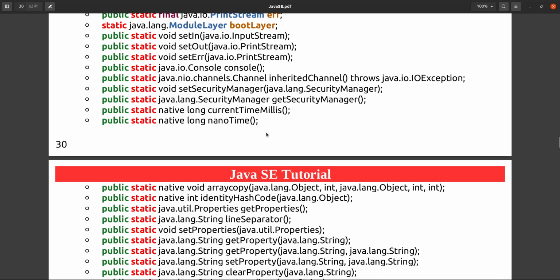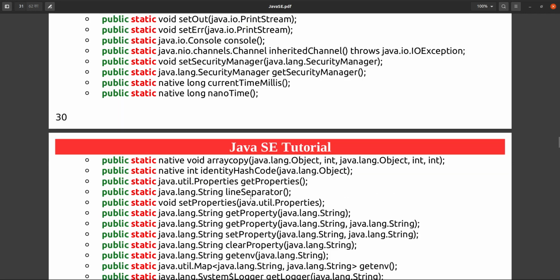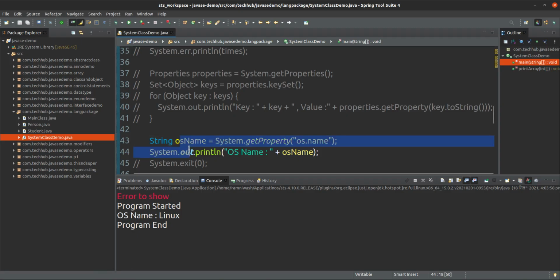Okay, the next one is line separator. What is a line separator?